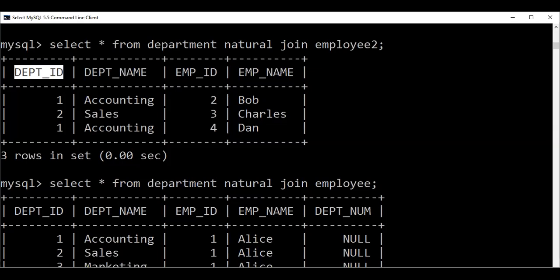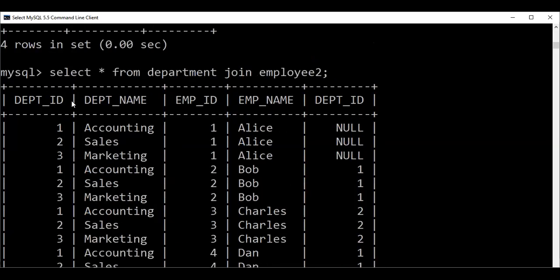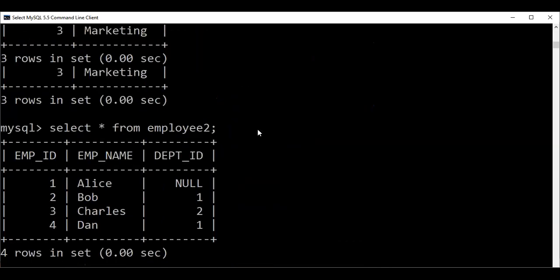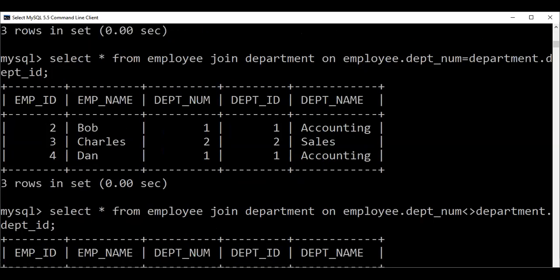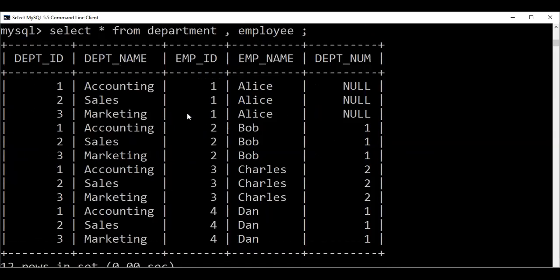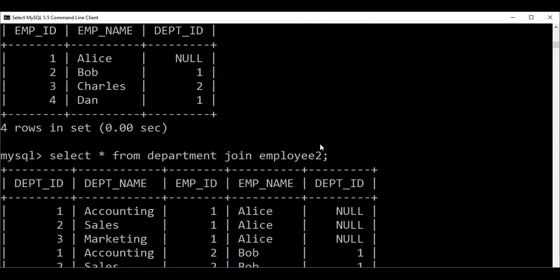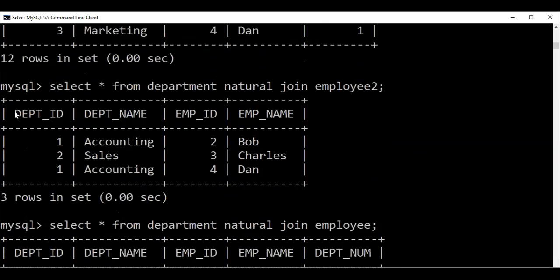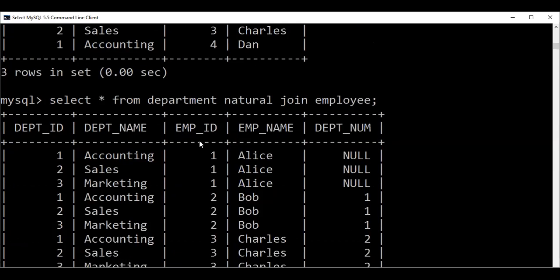Now see, in the previous example I showed you department number and department ID with the same value, so why was it picking 2 times? Remember, if there is a different name, the same value will come 2 times. But in this case, because department number and department ID are the same and we have replaced them by the same common name, the common name is coming. The query manager considers that this department ID is common to department and also belongs to this employee. This is the natural join operation. So this is all about inner join operation.